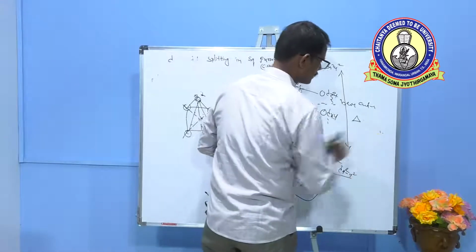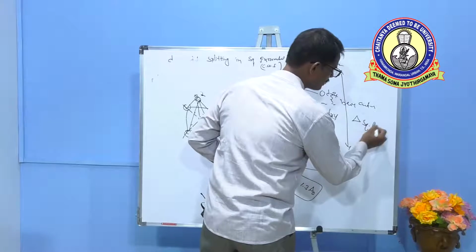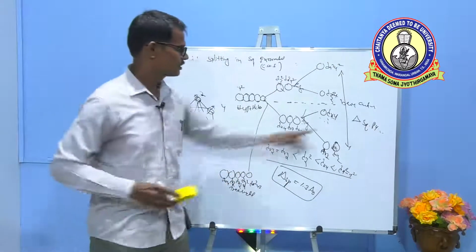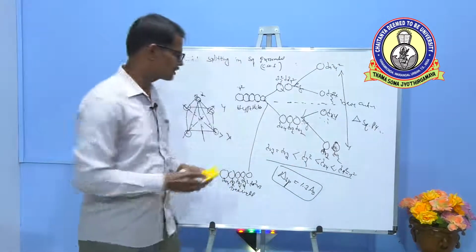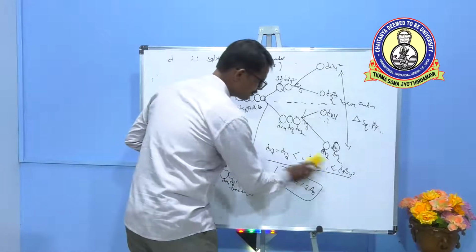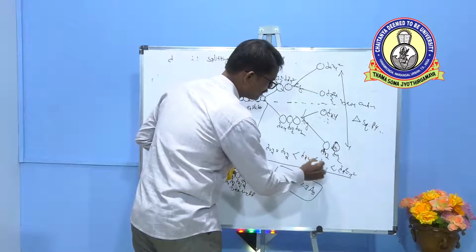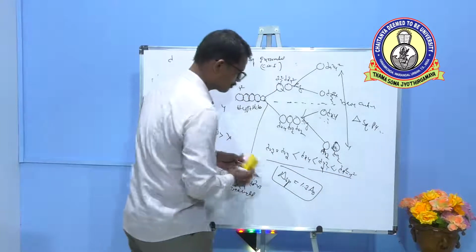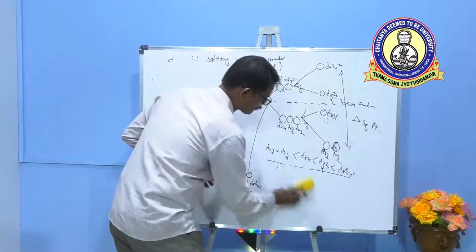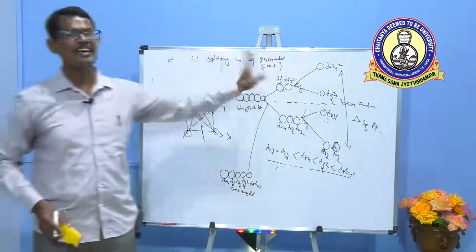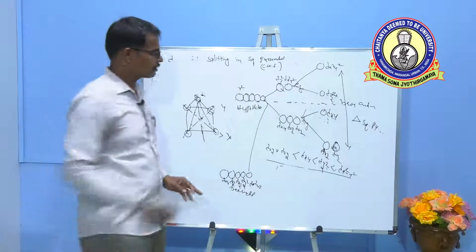So the energy difference between lower energy to higher energy is square pyramidal. Crystal field splitting in square pyramidal geometry. Here the order is changed. The dxz, dyz is same, then dxy and dz square, dx square minus y square orbital. So this is the d orbital energy order in square pyramidal.